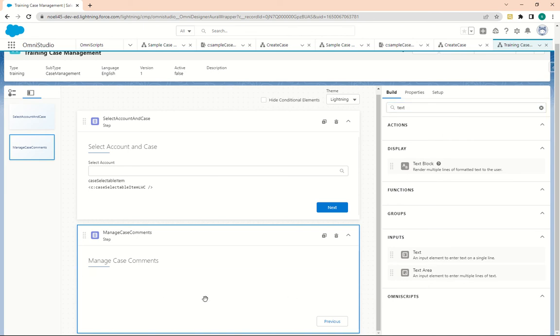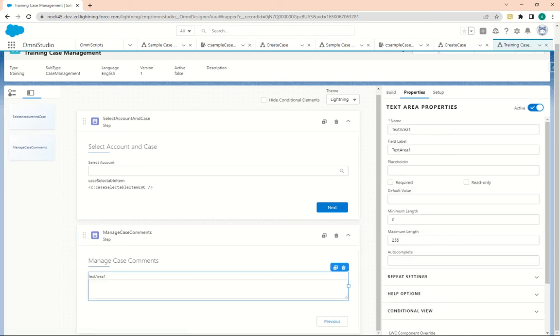So let's drag and drop here a text area that we call case comment, and as a label just put this message. This here is the placeholder, and here is the label,